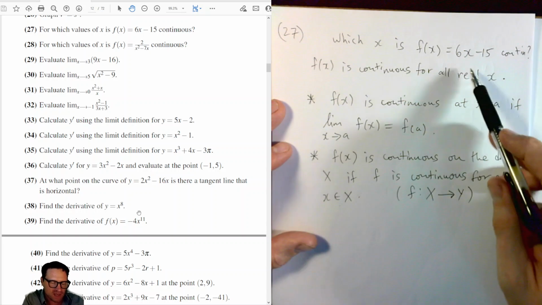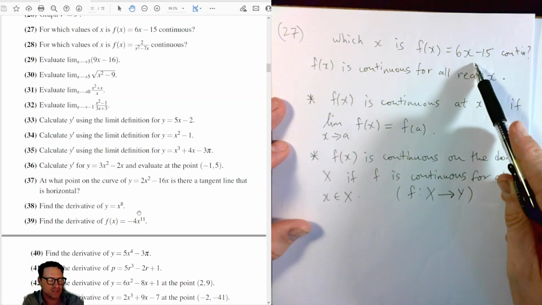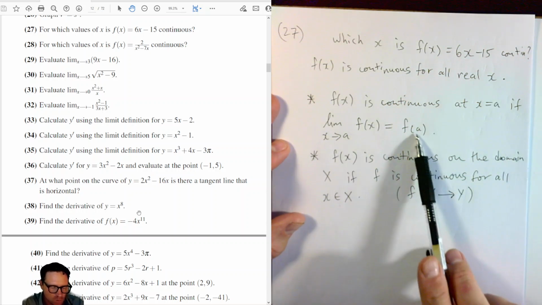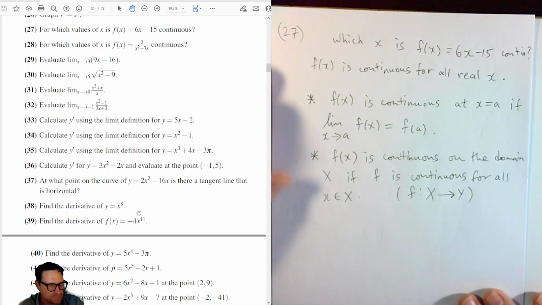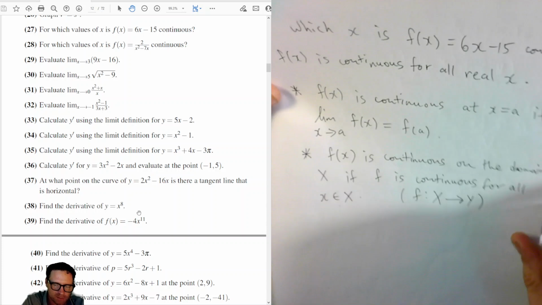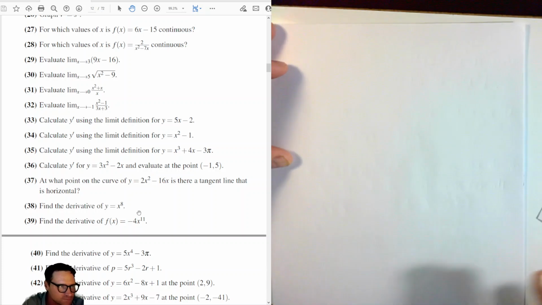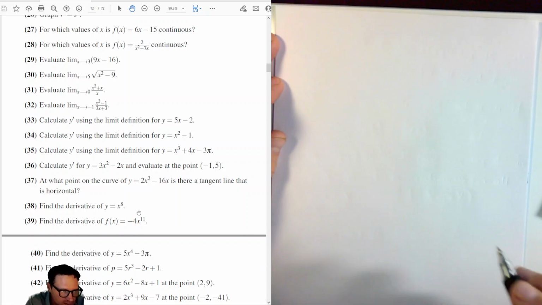Okay, so that makes sense here because there's no point where I have a discontinuity. There's no point where the limit wouldn't match the value of the function on this function right here. Okay, so I'll keep this paper aside and we'll come back to that definition as we need it. All right, so next let's have a look at 27,